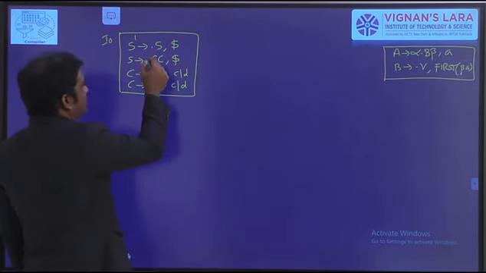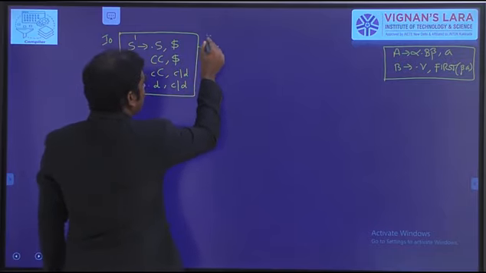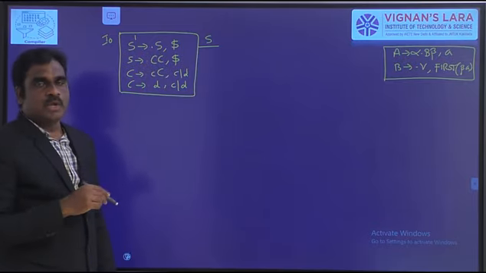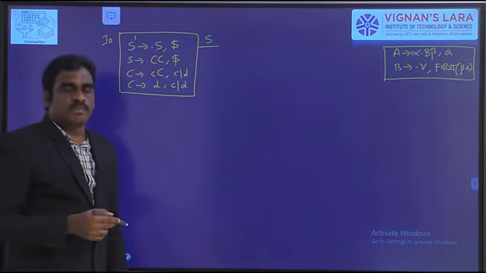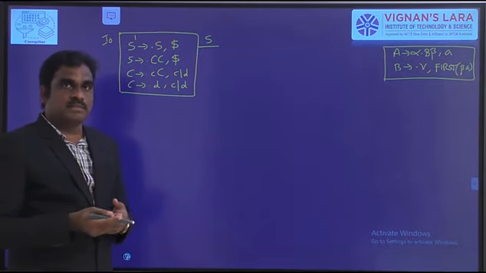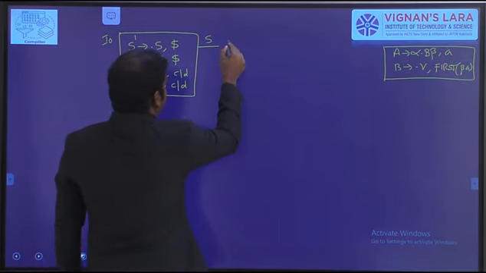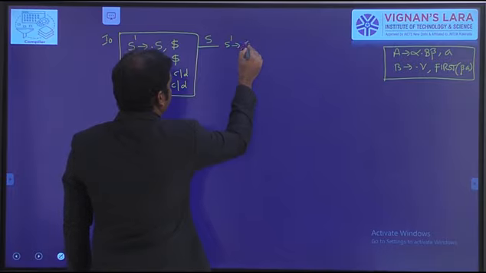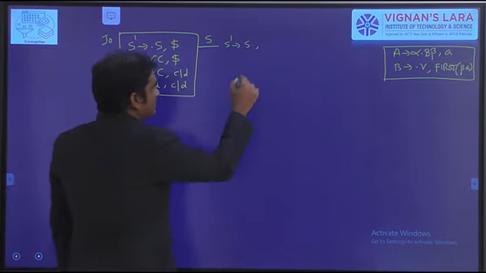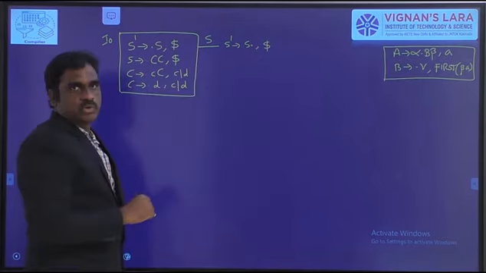So here, what is the first production? S' to dot S. So goto, the input symbol is S. What is the result? First apply the goto operation. The purpose of the goto function is that the dot is moving to the right hand side. So here the output is S' to S dot, and there is no change in the lookahead symbol, that is dollar. This is the goto result.